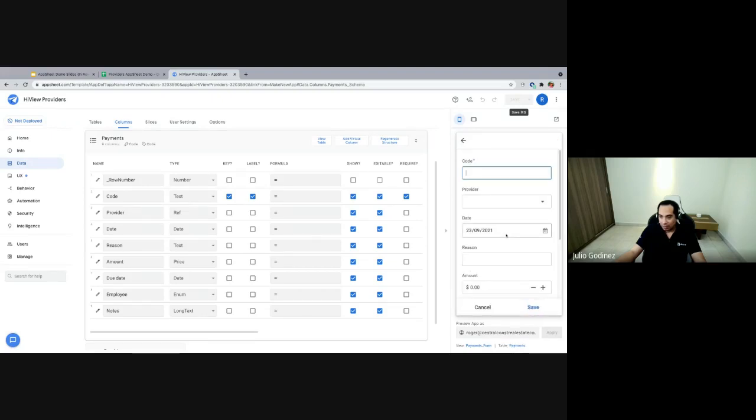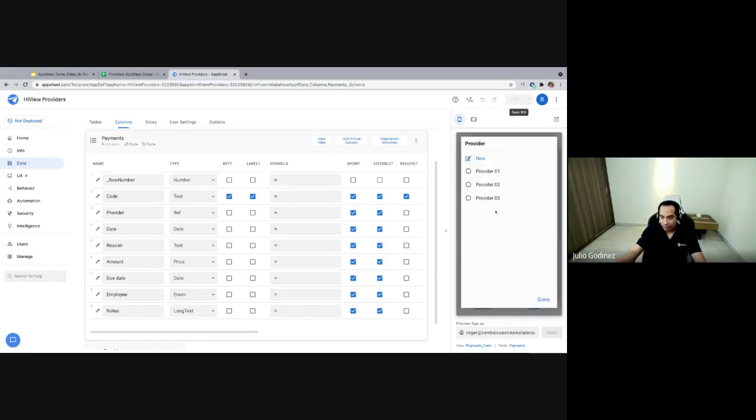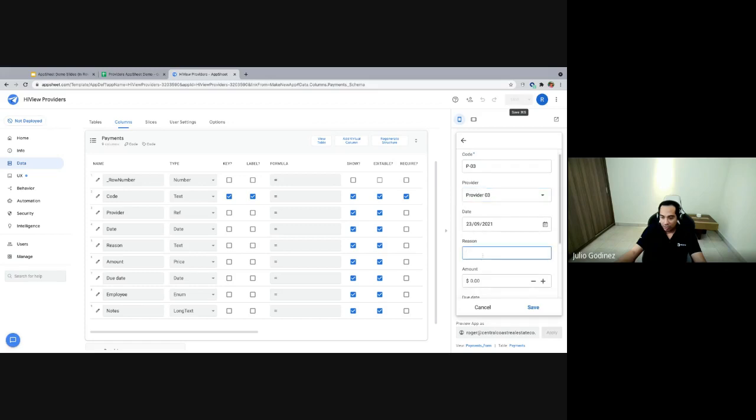And we're gonna add the third one that is gonna be the number 3. Provider is gonna be the provider number 3. The reason we can leave blank, it's just a paper supplier. We're gonna add the same amount, and this one probably we need just to pay next month. And this was received by Kelly, and the due date is for next month. We can save, we refresh,